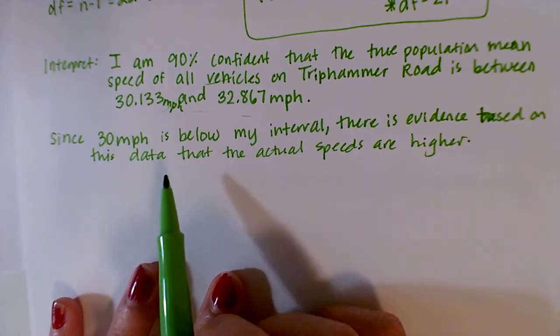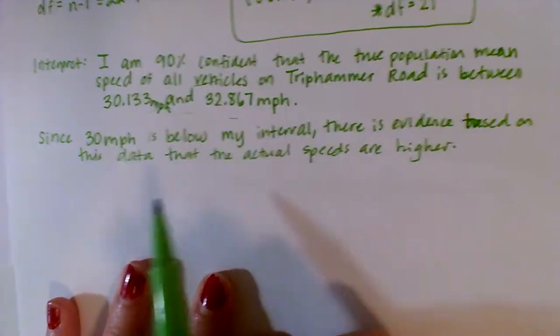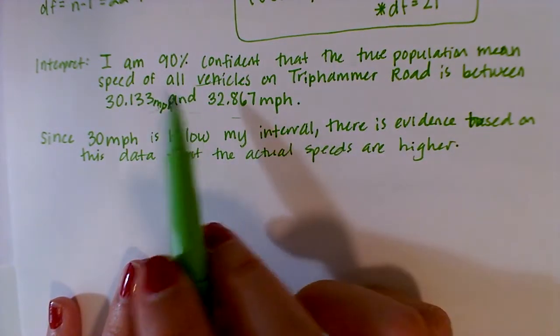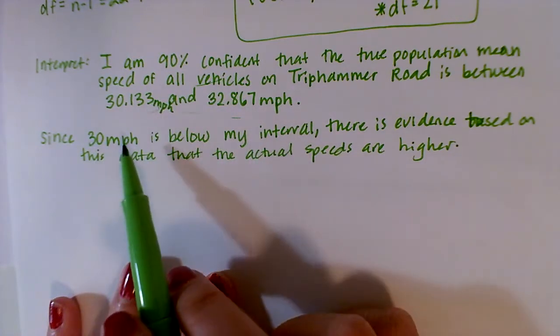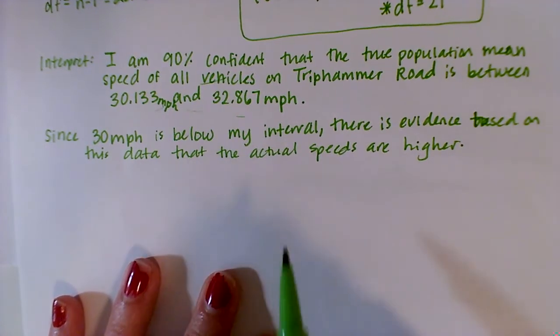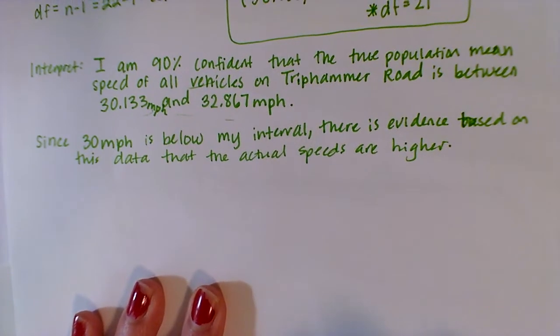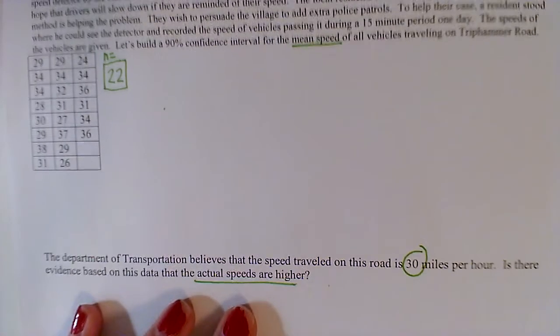So since 30 miles per hour is below the entire interval, there's definitely evidence based on this data that the actual speeds would be higher, since both ends of my interval are above 30. If 30 had been inside of my interval, then no, I wouldn't necessarily have evidence to believe that the actual speeds are higher. So now we've answered all the questions on the outline relating to Triphammer Road,